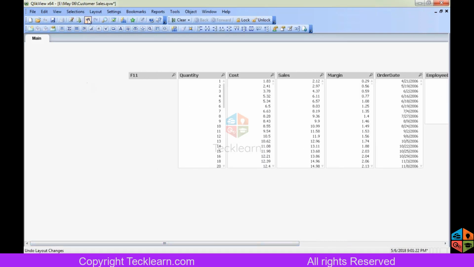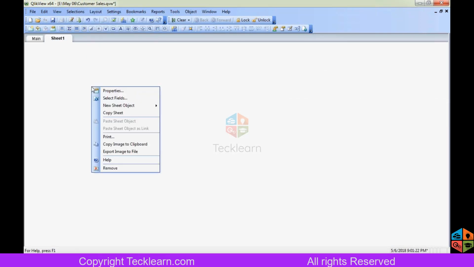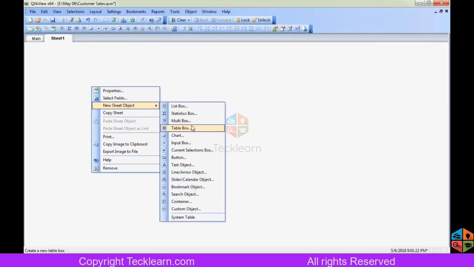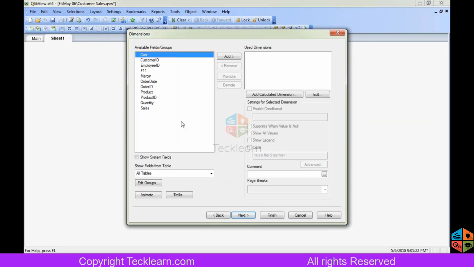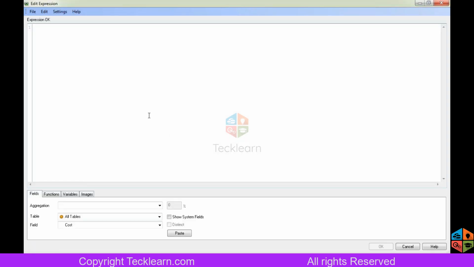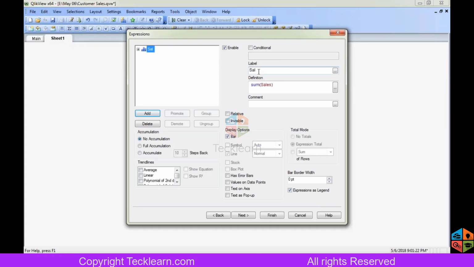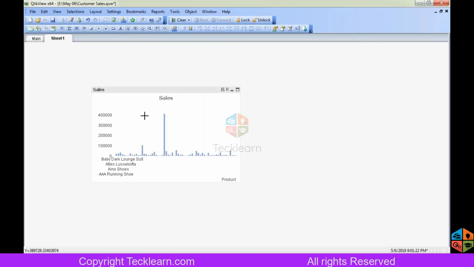Based on this table, I will create some report. Here we have multiple products.